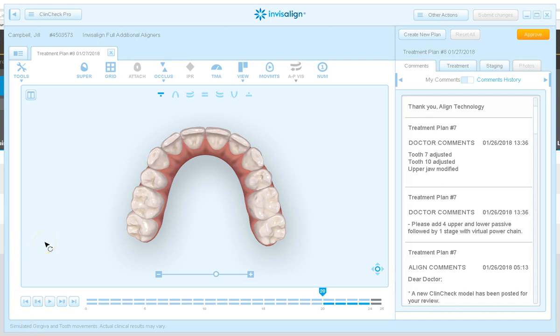One of the questions that were not addressed was how to transition from one set of aligners to the next, or in between additional aligners or refinements. And this is just one of the strategies that can be used. You will notice here on one of my comments, please add